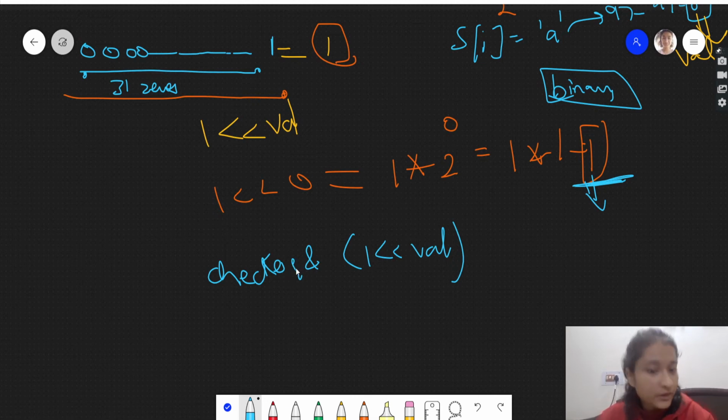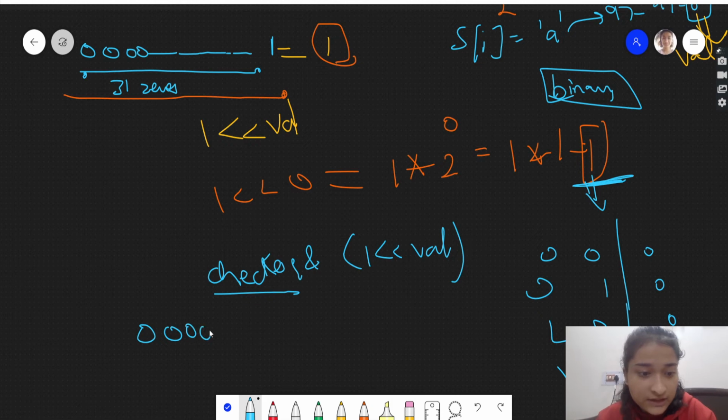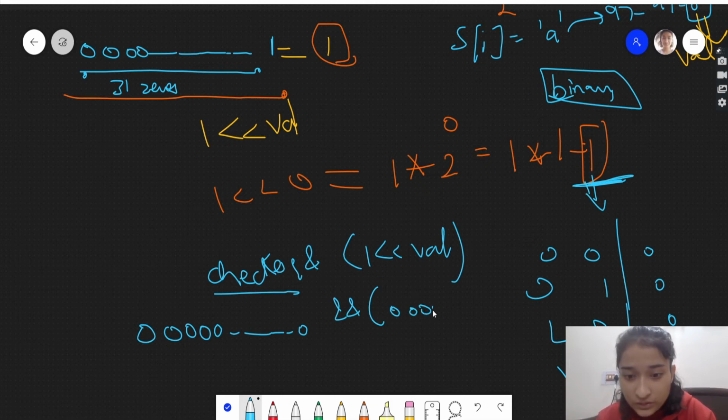Now you will be thinking, why are we doing AND? Because in AND, if 0 is there, then 0 will come; 0 and 1 gives 0, 1 and 1 gives 1. Suppose checker is initially all zeros, and the number we are getting is 0 0 0 0 and last we have 1.